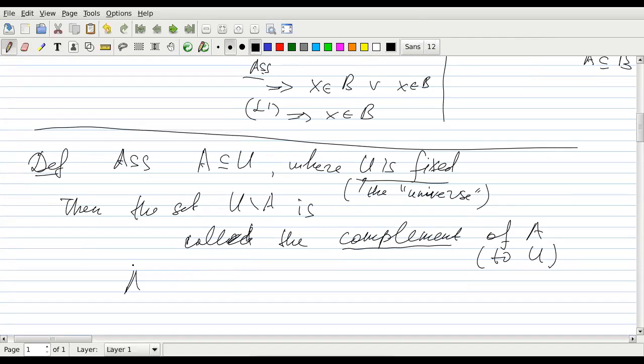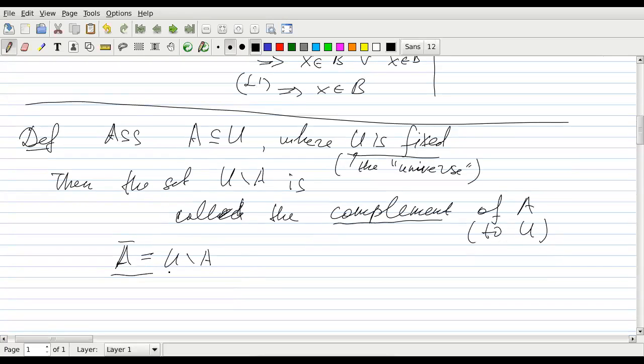And we'll use the following symbol: A bar, A with a bar, A overlined. This is our complement, U minus A. Clearly,